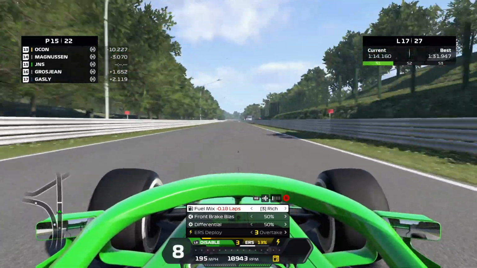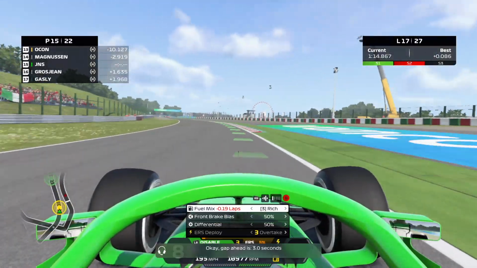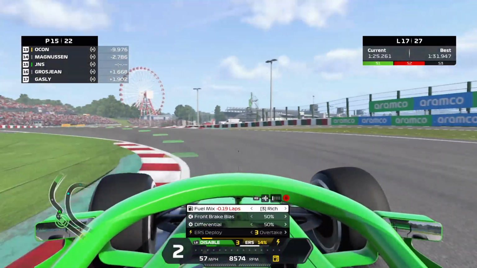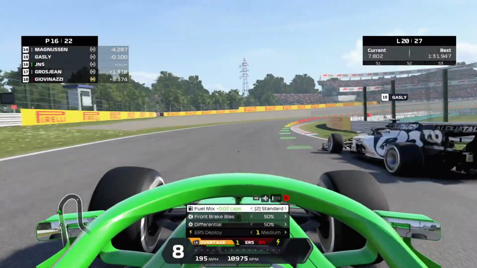We're 3 seconds behind Kevin Magnussen, so he has managed to gap us a little bit as we're heading through 130R in rich mix and overtake at 193 miles an hour on these hard compound tyres. Suzuka is one of my absolute favourite tracks on this circuit. I know you do need a little bit more downforce than what I'm running at the moment, but we cut